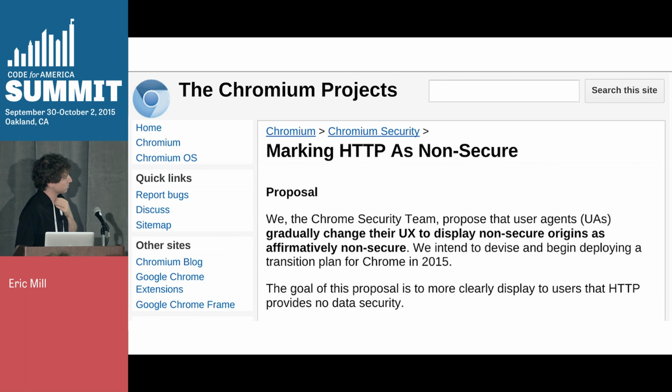Chrome is doing something similar. They're going to be playing around with the URL bar and trying to find ways to, instead of showing unencrypted websites as neutral, as just not marked, actually show that this is non-secure. You should not like this, right? And both of those things really have to be tied to the overall growth of encryption